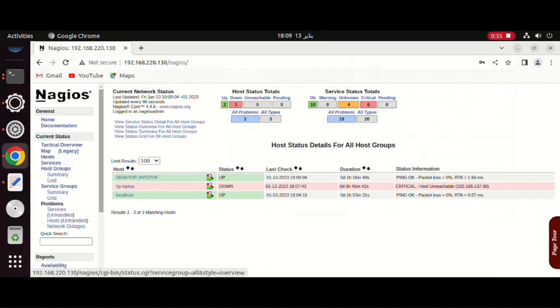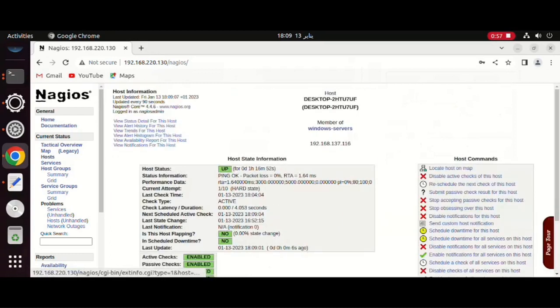Here I checked that all the hosts that were already added for monitoring are still available, and to check their status also. For example, here we have 3 hosts: desktop, HP laptop, and localhost. For the desktop and localhost, their status is up, and for the HP laptop, the status is down. If we click